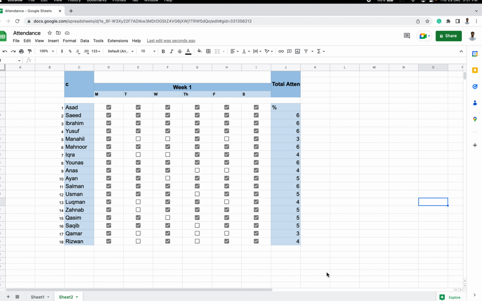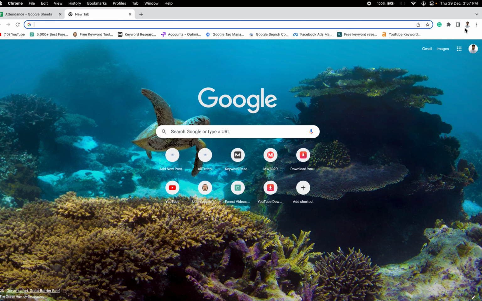So first of all, if you don't know what Google Sheets is or how to open it, you have to go to your Gmail account. Let me show you. First of all, I'm going to add a new tab, and this is my Gmail account login. Click on your profile picture,